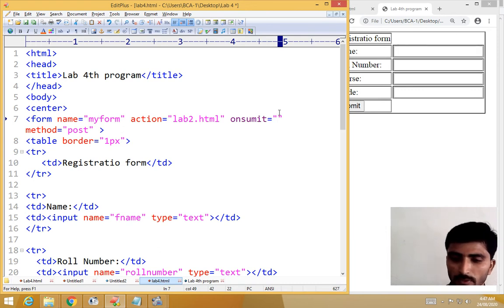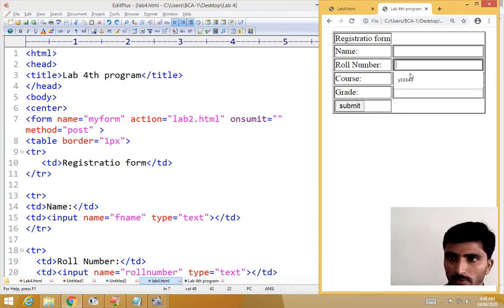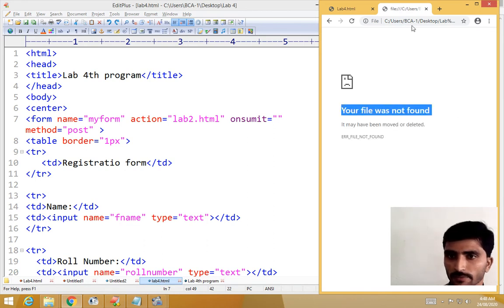For example, I am giving some function here, return validate form. I am not writing the JavaScript yet, so just remove this one. Save. Here there is no data I entered, when I submit, that goes to the next step.